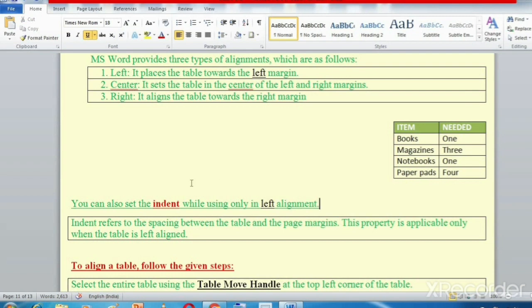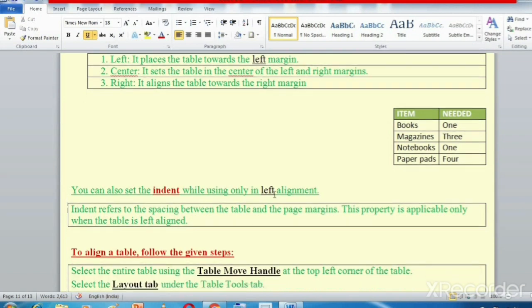So you can also set the indent. First thing, you need to understand what indent is. So what is the meaning of indent? The word indent refers to the spacing between the table and the page margins.